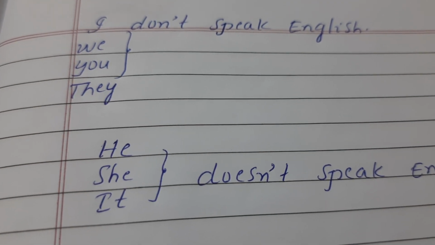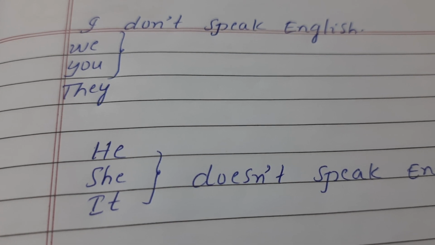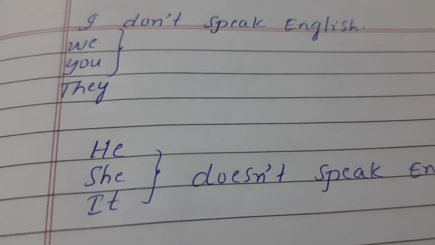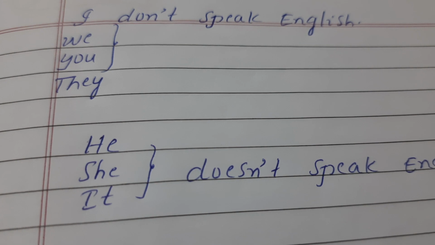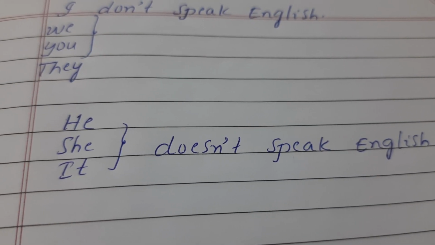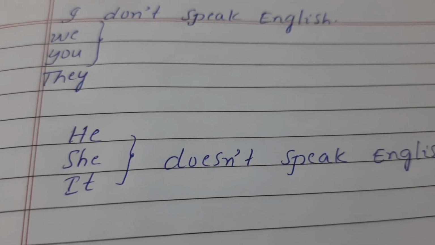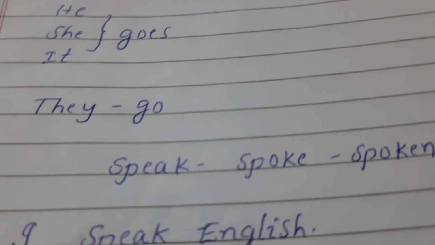He doesn't speak English. When the subject is third person singular, we cannot say he don't speak English. That's wrong. Here we have to say he doesn't speak English. She doesn't speak English. It doesn't speak English. The same way,